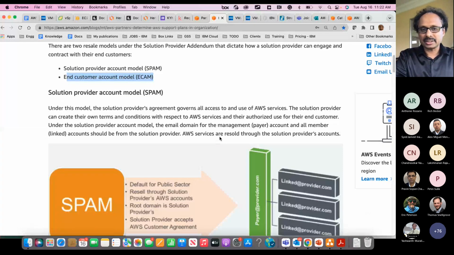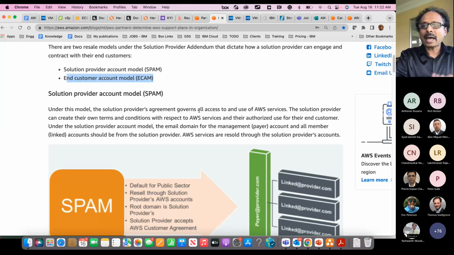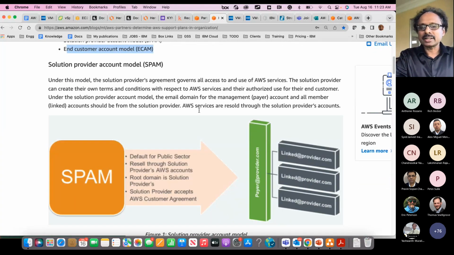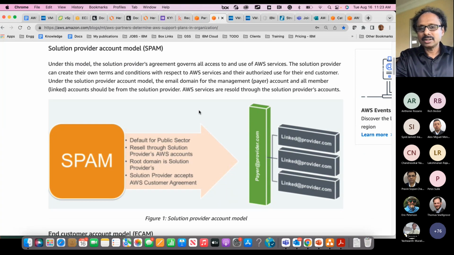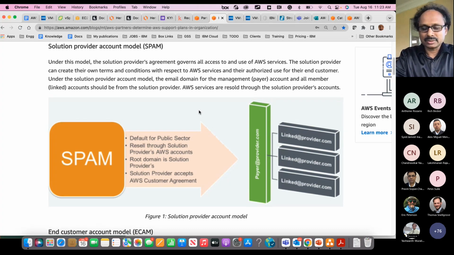Any AWS account that we create will go under the AWS master account. That means we have a Control Tower and different business organizations. The customer account will go under one of the business units. In the SPAM model, the customer gets complete privileges of managing their account. They get a managed account, a root account, and they can set up Control Tower and the business unit organization. Basically, they manage the account on behalf of the customer.